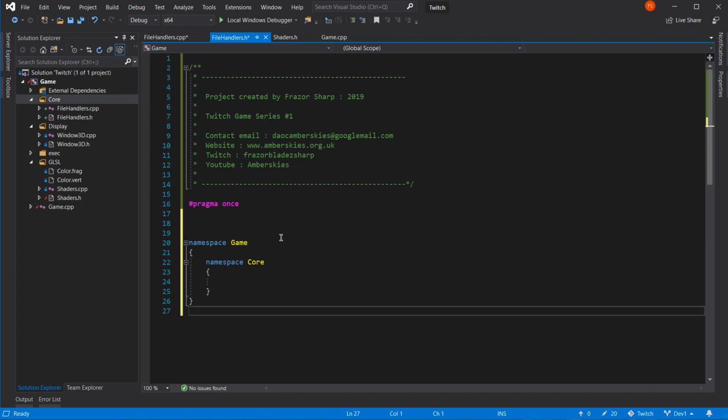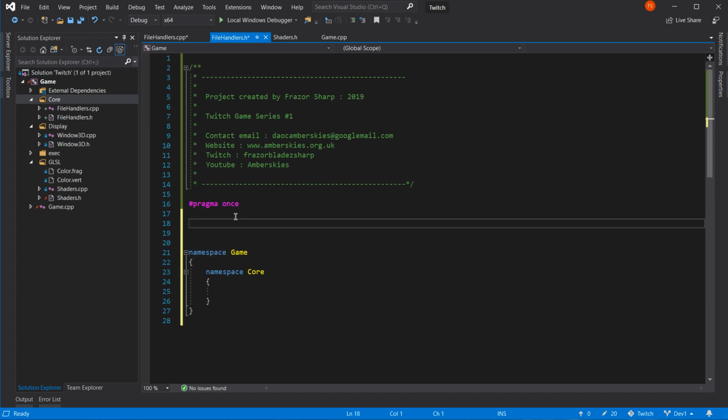Alright, what was I up to? I was going to do some file handling, wasn't I? That was it, yeah. Let's have a look and see what we've got on notes here. File handling. Just read a text file, I suppose. We'll make it string based. And let's just do some standard includes, I suppose. Don't need anything flashy, do we?